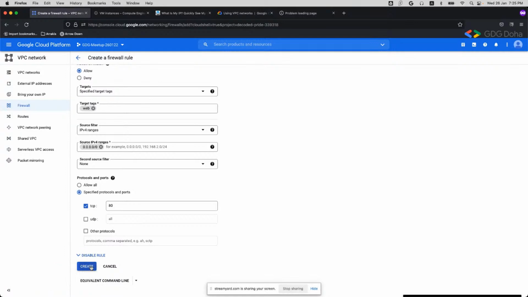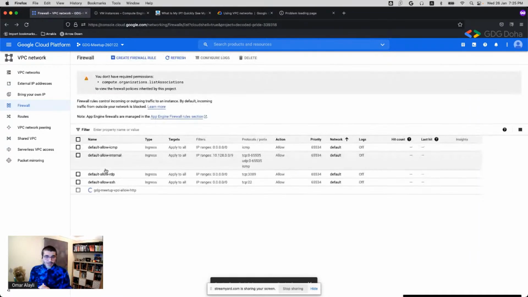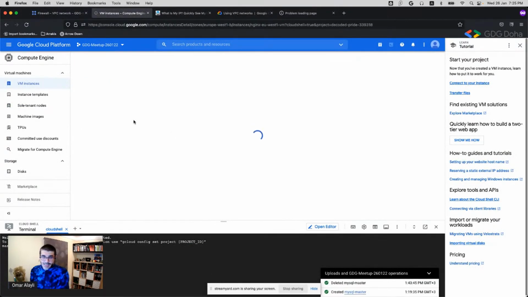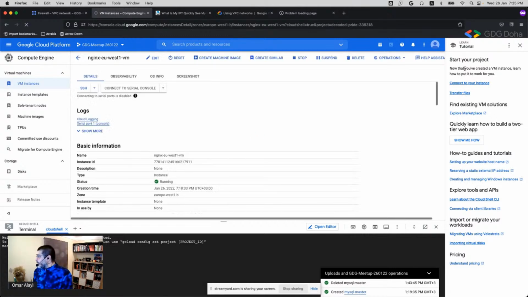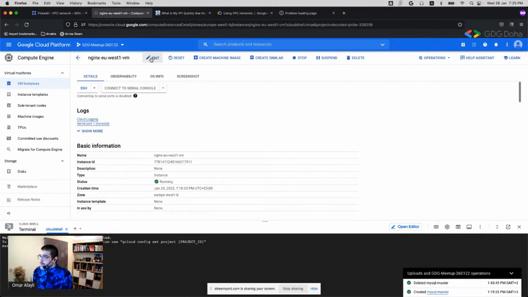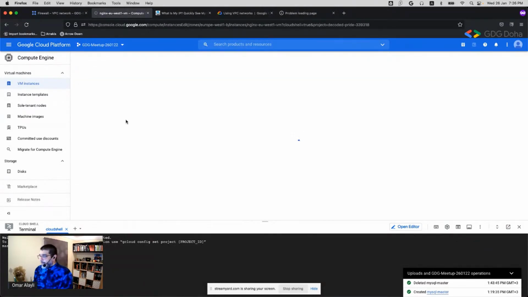So if I click create, this should create a firewall rule for us that would allow traffic on port 80 coming into the web server that I just created. I just need to make sure that this web server is tagged with the right tag in order for the firewall rule to apply to that web server. So if I go to the server, I click edit, and